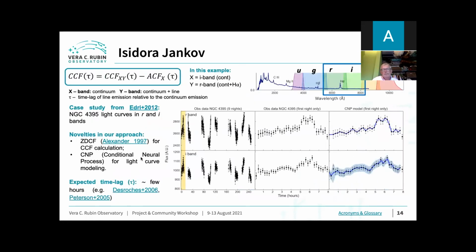Okay. Thank you. The formula on the top left is the crux of this method. It represents the cross-correlation function between the continuum and the line, described as the difference between the cross-correlation and autocorrelation functions of light curves in specific filters covering the continuum plus line emission and continuum emission exclusively. Our goal is to use this method and develop a Jupyter notebook which could be used to obtain time lags